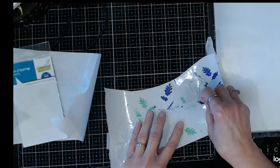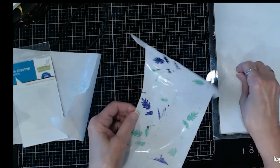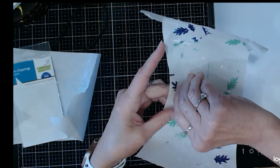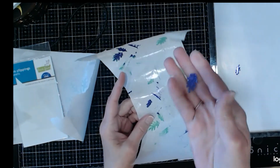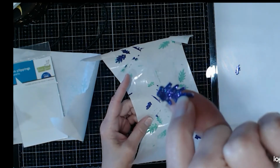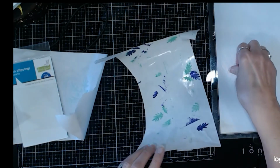So I encourage you to look at your stencils and see if you can make embellishments to go with your projects that are customized for your own situation, the colors that you want, and how you want to use them. But also look at your stencils with an eye towards using them in maybe not as traditional a way, like for instance the snowflake as twigs. So I'm showing you that purple came off really easily from the freezer paper, and the glimmer in it is really beautiful. It's just a really nice